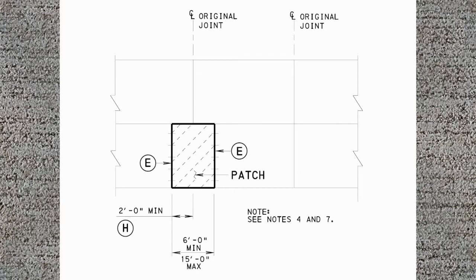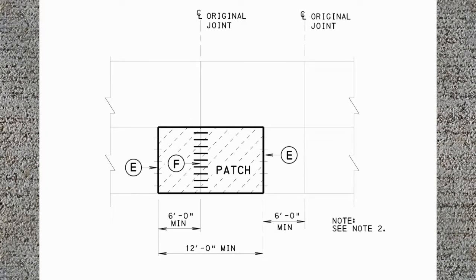Regardless of a patch type, when patching adjacent to an existing joint, remove a minimum of 2 feet into adjacent slab to avoid existing dowel bars. When deterioration extends more than 2 feet into the adjacent slab, remove a minimum of 6 feet and maintain existing